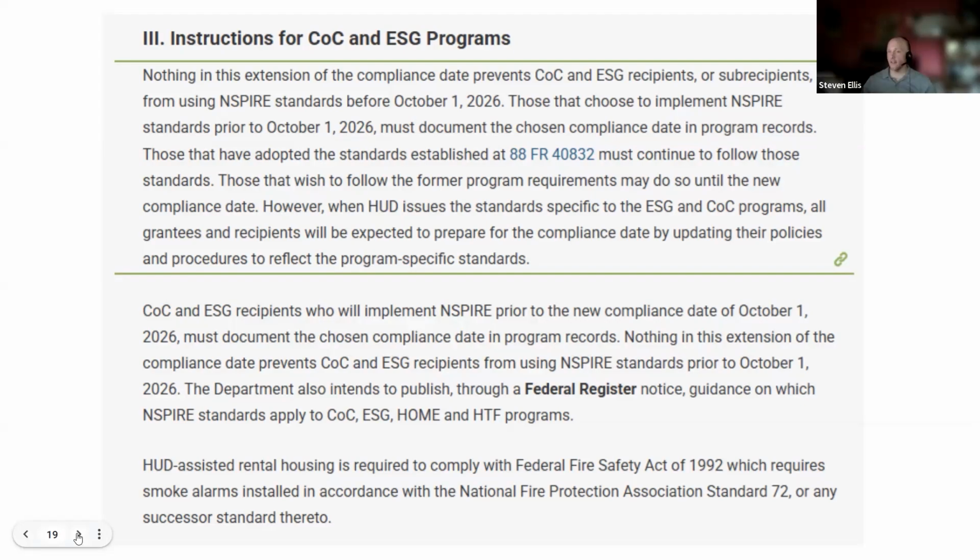That is everything that is known, including by myself, right, for NSPIRE and the Continuum of Care program. There is not a lot. Everything else is just guesses, hunches, crystal balls, which particularly in this moment with all the NSPIRE implementation delays, some of that is just that, guesses.